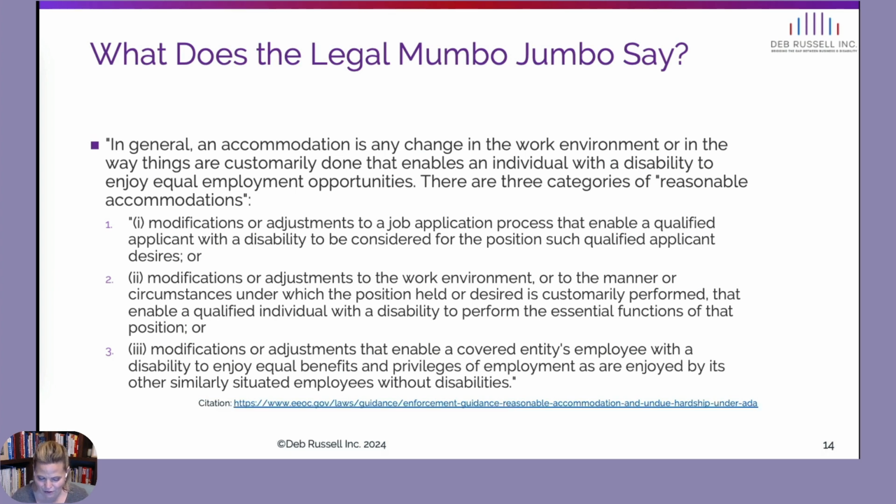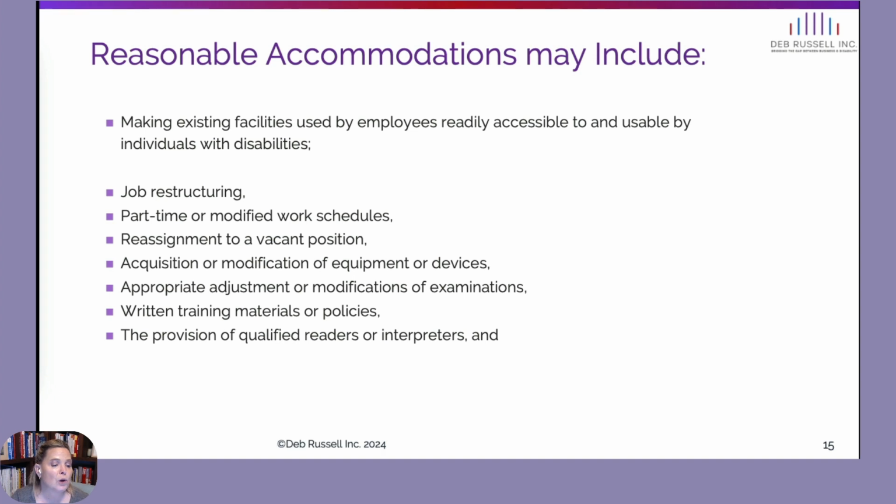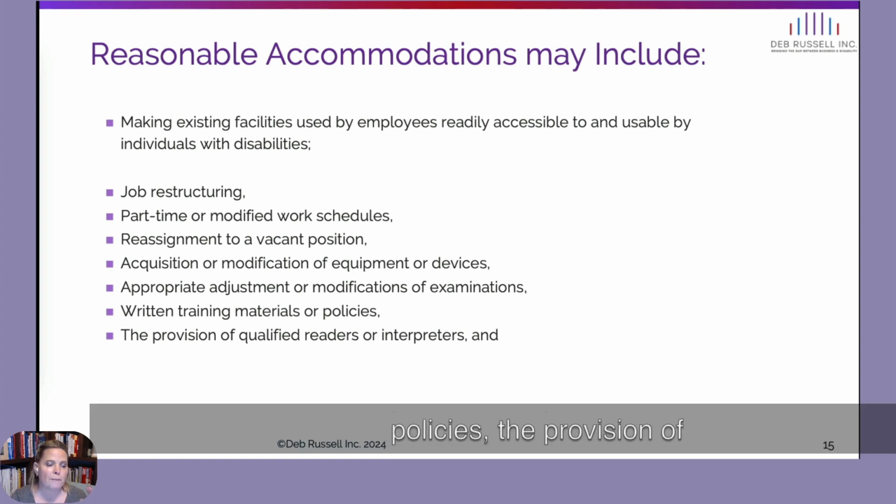So what does that really mean? Let's get to it. In other words, a reasonable accommodation may include either making existing facilities used by employees readily accessible and usable by individuals with disabilities as well, or job restructuring, part-time or modified work schedules, reassignment to a vacant position, acquisition or modification of equipment or devices, appropriate adjustment or modifications of exams, written training materials or policies, the provision of qualified readers or interpreters, and